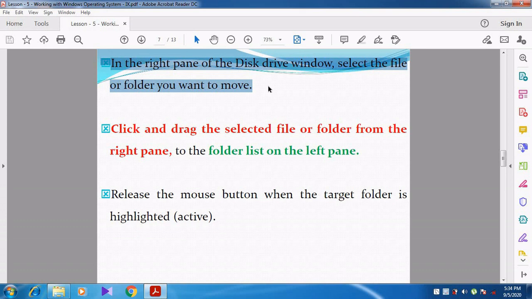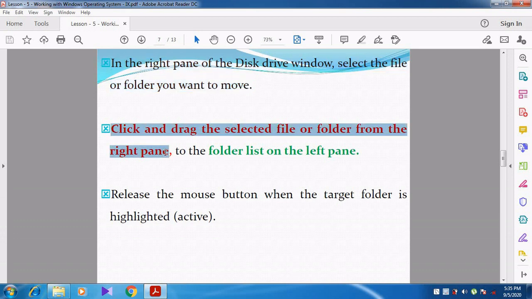In the right pane of the disk drive window, select the file or folder you want to move. After selecting it, click and drag the selected file or folder from the right pane to the left pane. The left pane already contains the folders list, so I drag the file or folder to a folder in the left pane list.